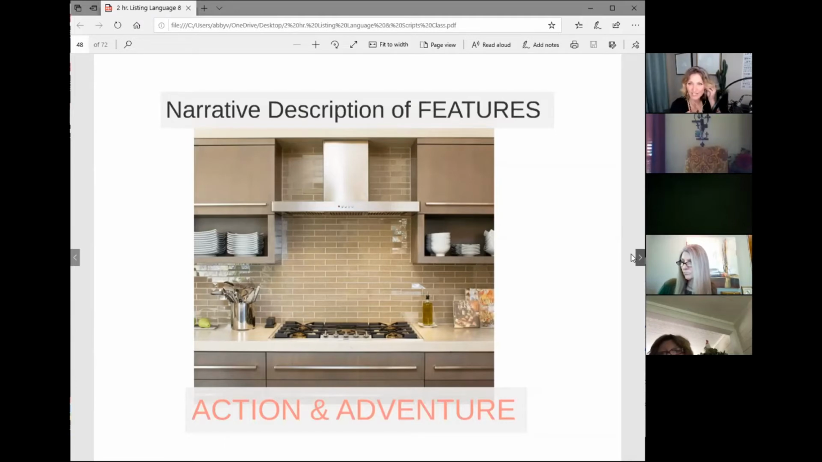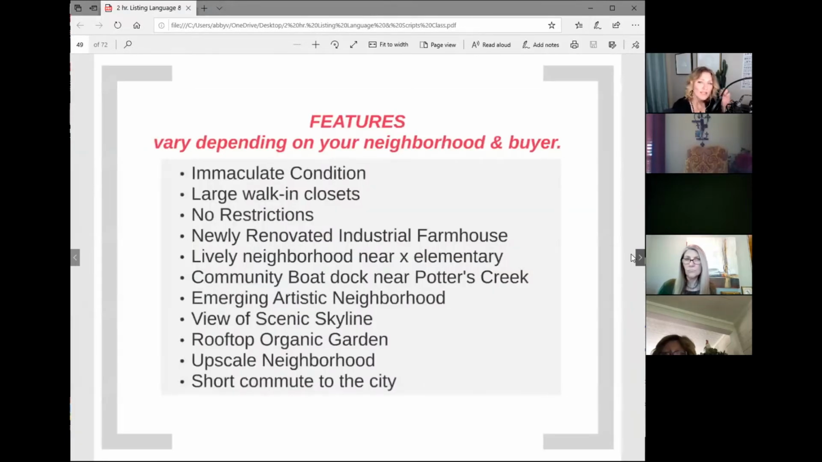Let's get into the real action and adventure of the story, and that is going to be my narrative description of my features, right? My gorgeous contemporary subway backsplash, all of these beautiful features as much as we can without sacrificing impact, right? Without sacrificing the narrative. So something to keep in mind when we are talking about features, I see a lot of just standard features mentioned, but sometimes those features vary depending on the neighborhood and